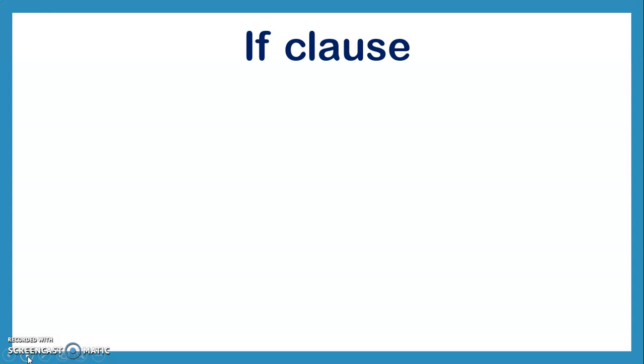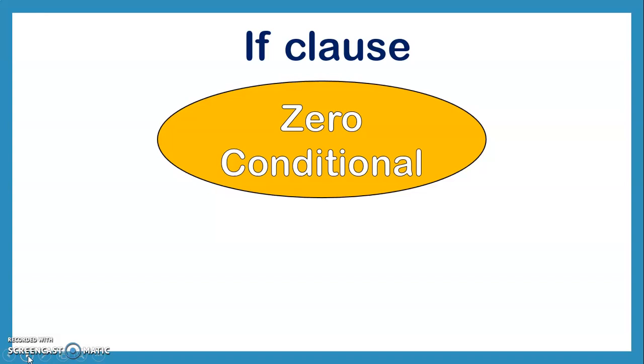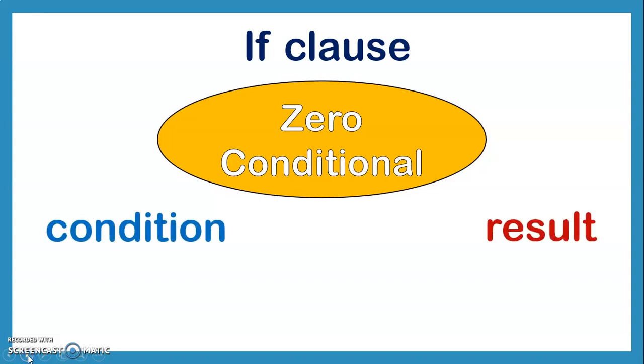Ready? So, all right, here we are going to see the if clause, no? So we are going to remember something that we did also the last class, okay? So, all right, look at here. This is the if clause. So we have the zero conditional here. As you remember, the zero conditional is used to express a relationship between a condition and a result, right? And in fact, facts that are always true, okay?